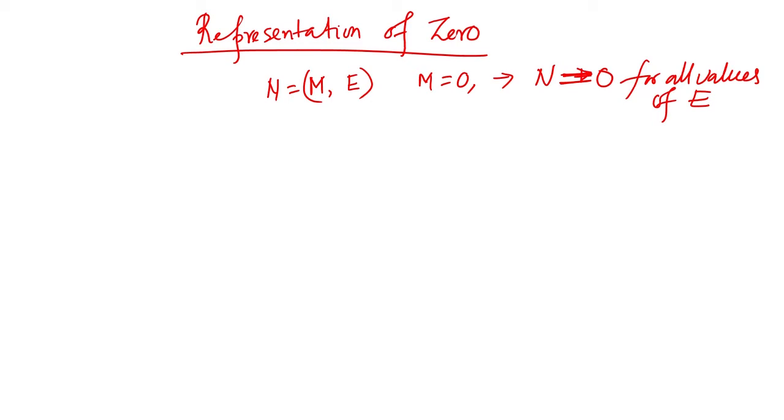Okay. So, therefore, what are we doing? We are wasting different combinations. For 3 bits we will have 2 to the power 3 combinations, and we are wasting them on representing 0. But what we learned earlier is that we cannot use 1's complement, because there is a positive 0 and a negative 0. So we move to 2's complement, because in 2's complement positive 0 and negative 0 are represented by the same combination. So this is one issue.